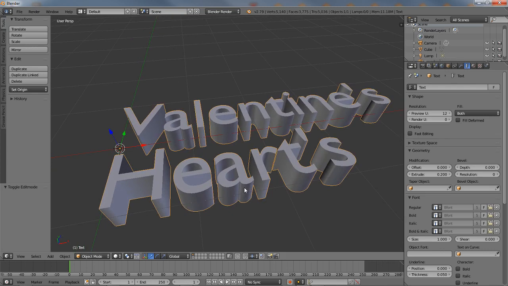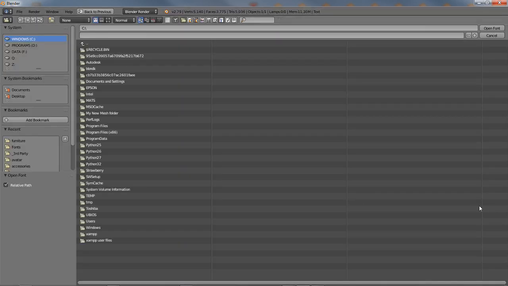Now, to change the font, this is where it gets a bit tricky, because you need to have access to, if you're using Windows, a hidden folder on your system where the fonts are hidden. This is the default Blender font. But to change it, in Object Data Properties, click on the folder icon